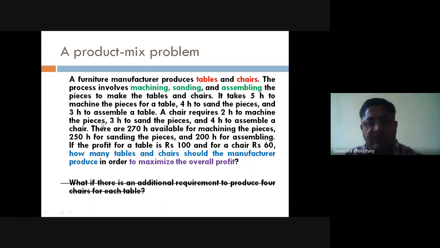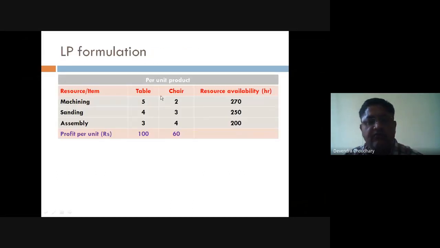Now for these given data, we make a table which is presented here so you can understand the problem. So we are going to produce tables and chairs, and this is the machining requirement. This is given the machining availability, sanding resource availability, and assembling process availability.